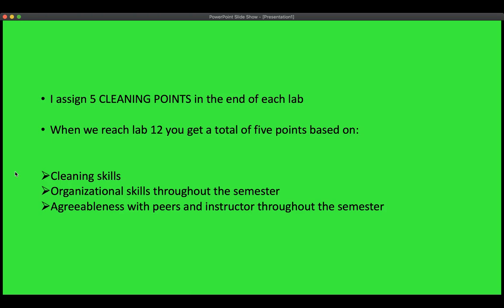There is also another thing. We are going to have 12 labs, okay? So you are going to be assigned clinic points 12 times. At the last time, you get the clinic points if you do all those things. So if you clean the lab, if you are agreeable with the peers and the instructor throughout the semester, and also